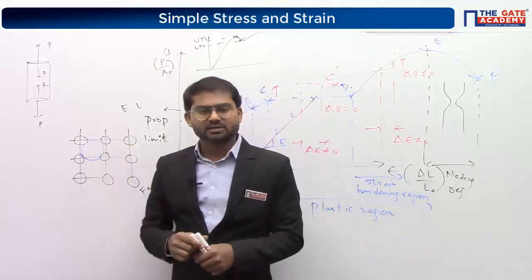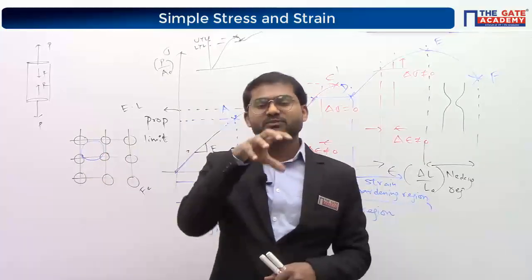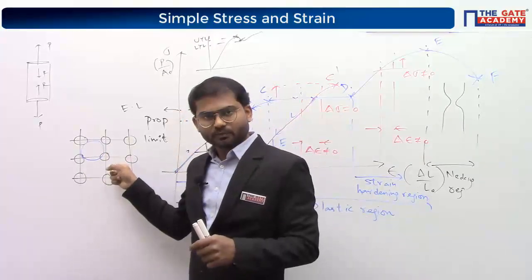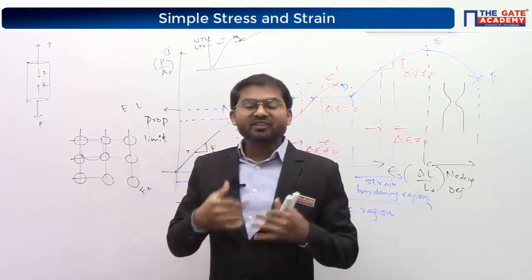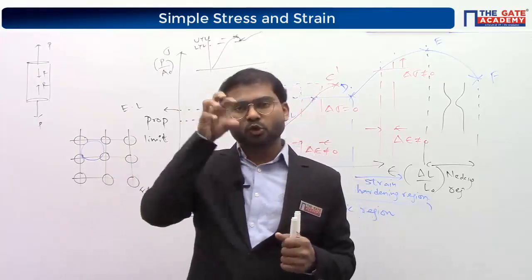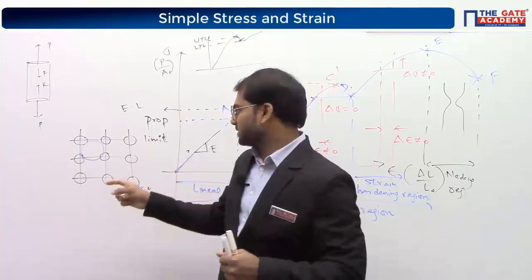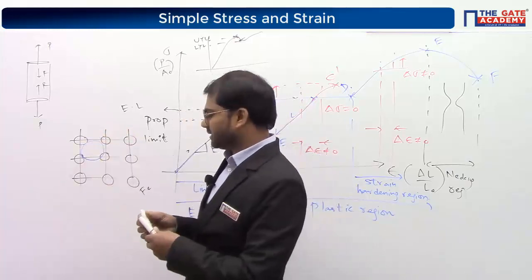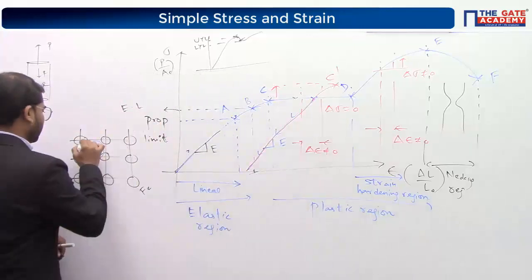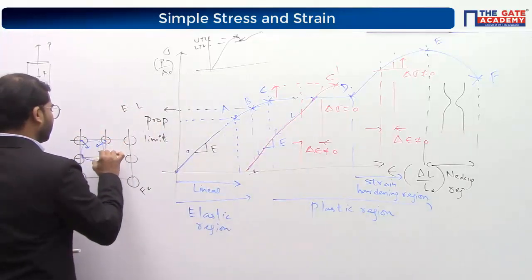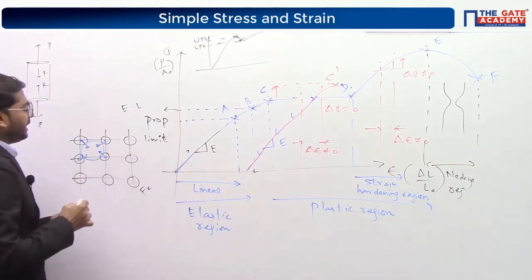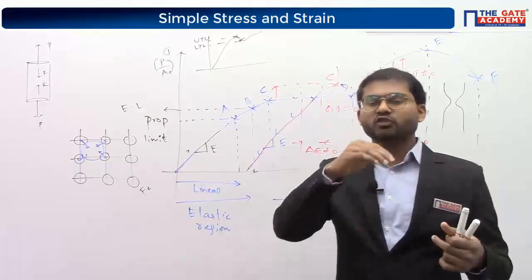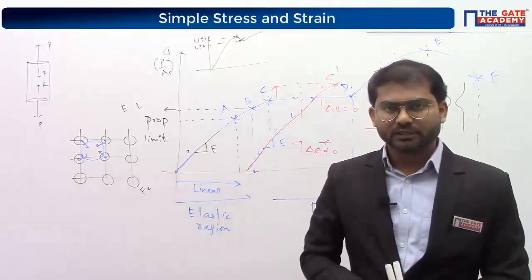Carbon is taking this position here. The carbon atom size is a little larger than this void size. But we are forcing the carbon atom to go inside that void. So what happens is, as it was forced to go inside, it gives rise to some reaction forces between the iron atoms and carbon atoms. So already some force is there, so you will get a higher value of yield point.